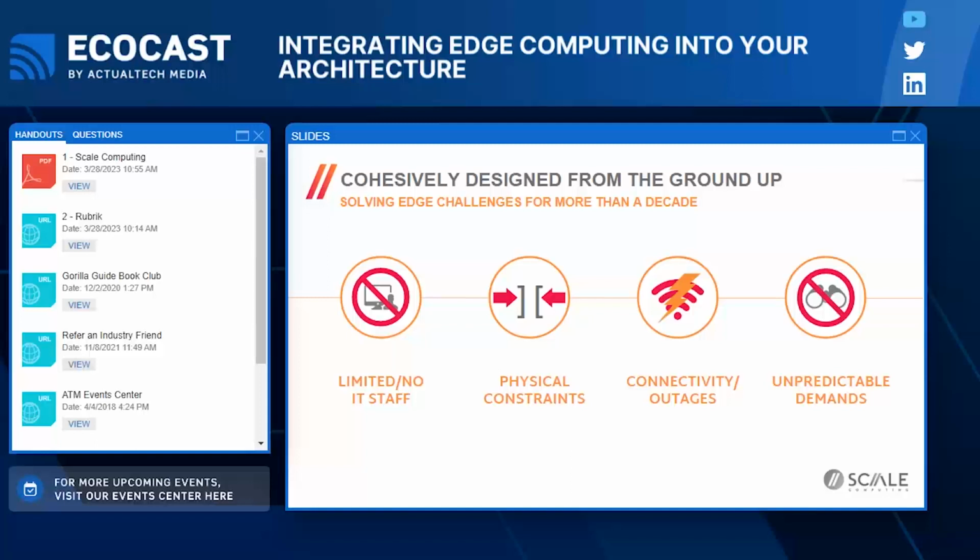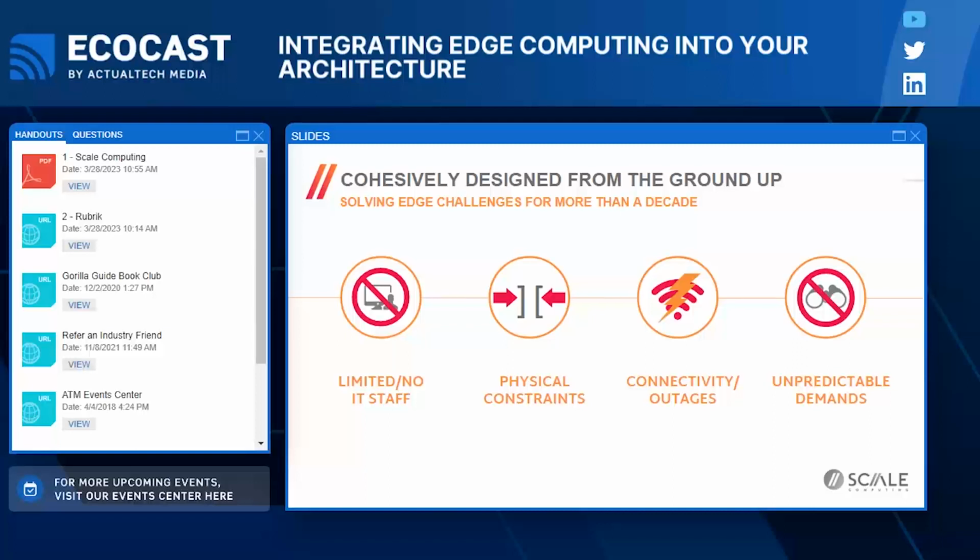Very often there are physical constraints on the size, the power consumption or the heat dissipation of a particular environment. So we have devices that are designed to be very small. If you're familiar with the Intel NUC platform, we have an enterprise version of that, the little 4-inch by 4-inch cubes that can cluster together for high availability and run an impressive amount of applications. Solutions that run autonomously can handle connectivity outages. They can keep the application running locally, even if there are disruptions in internet connectivity.